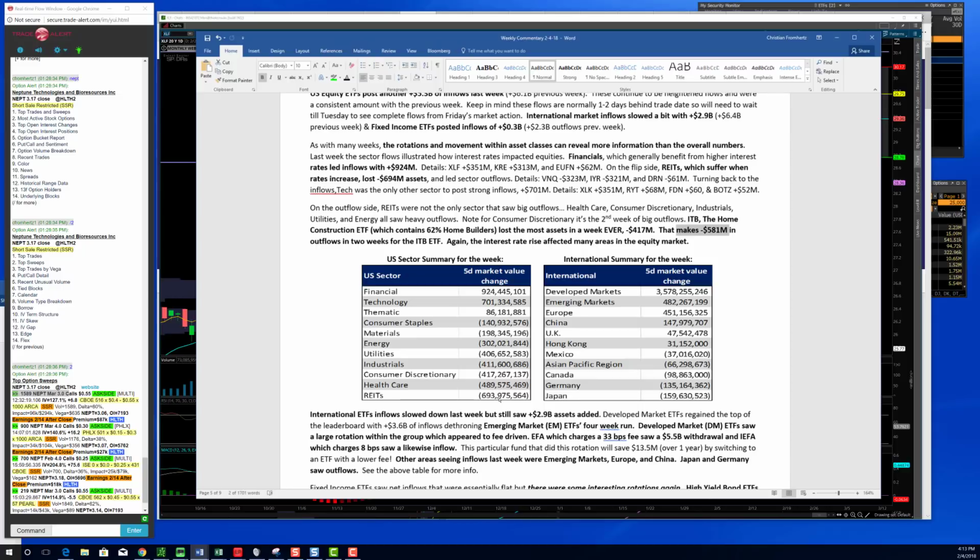The problem is when those yields start to crank up like they did, people would rather be in treasuries because it is what it is. You could debate this if you really want to, but treasuries historically are a safe asset. All right. So you could certainly see that there was a lot of money taken out of there, and keep